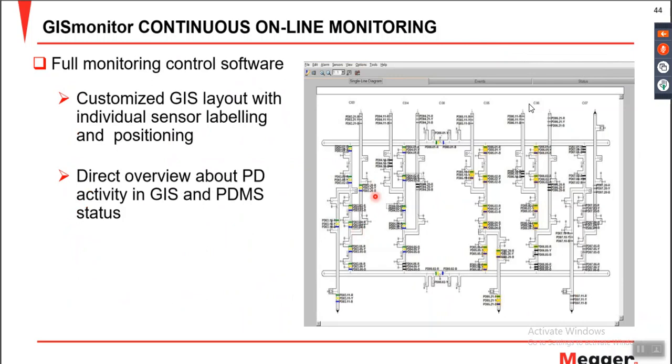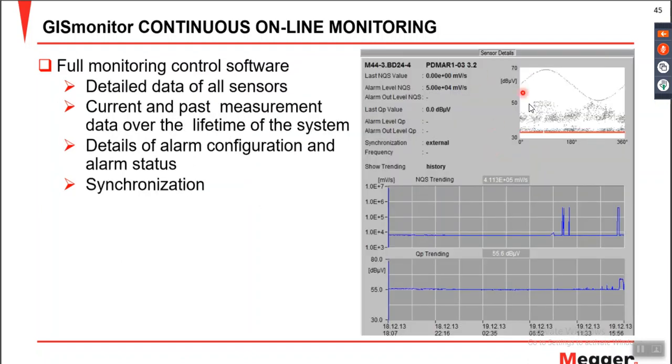When we are talking about the control rack, on the control rack screen you have a GIS diagram of your GIS on your software screen, and all the PD sensors or UHF sensors on your GIS are labeled on the screen. Whenever you want to see any activity on any of your sensors, you can just click on the sensor and it will redirect you to this screen where you can identify that the particular sensor is